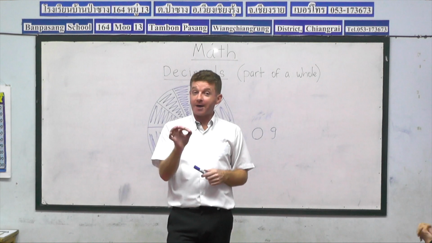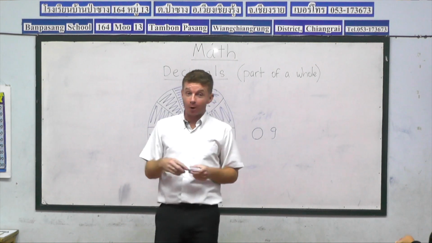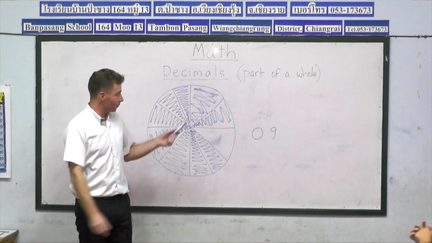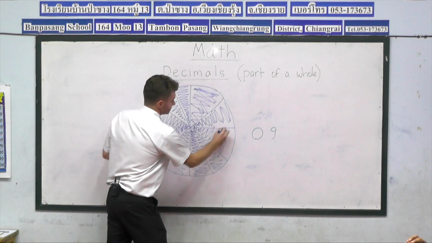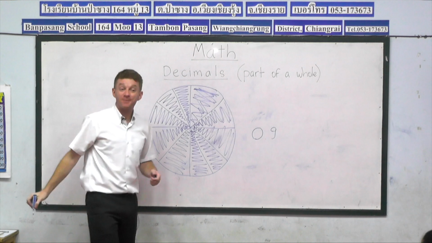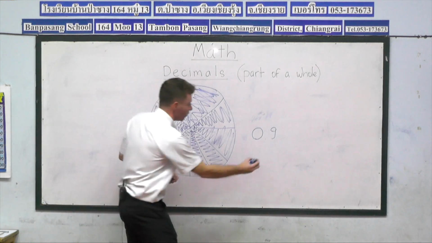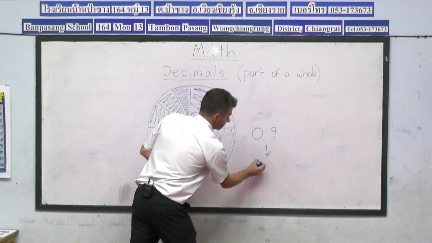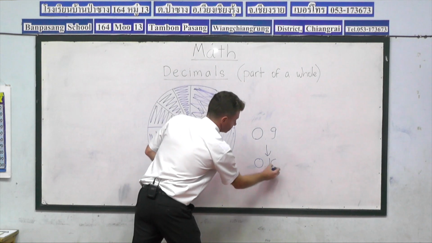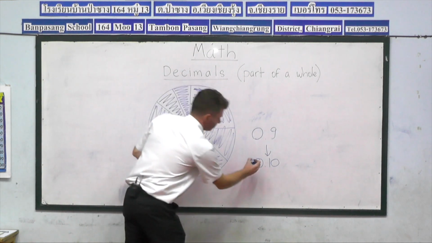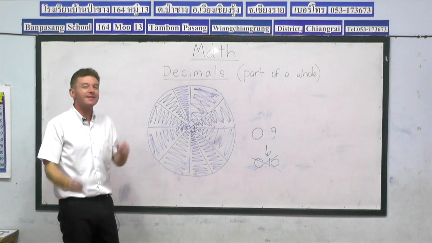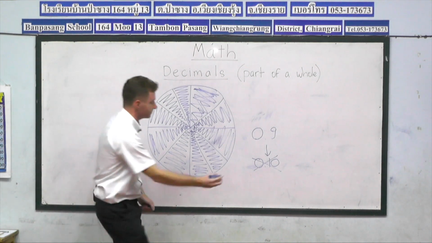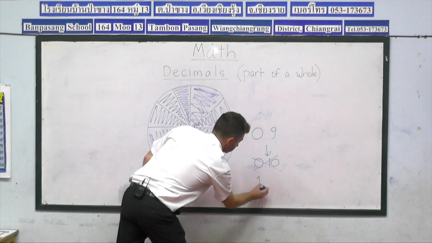Okay, so now I'm about to do what Chu was going to do. We've got 0.9, but who can remember what happens when... Perfect, yes. You see, we don't go to 0.10, that's incorrect. Once we've got 10, that means we've got the whole as a decimal. So what we need to do,